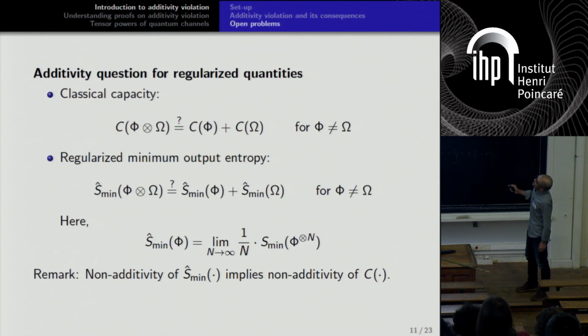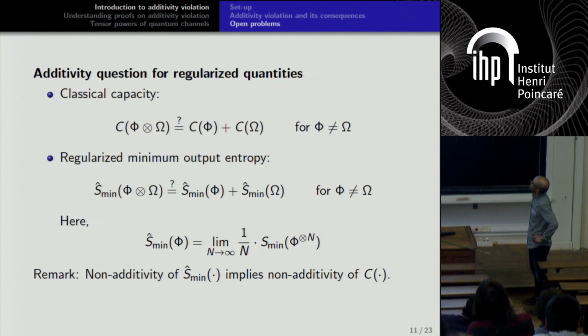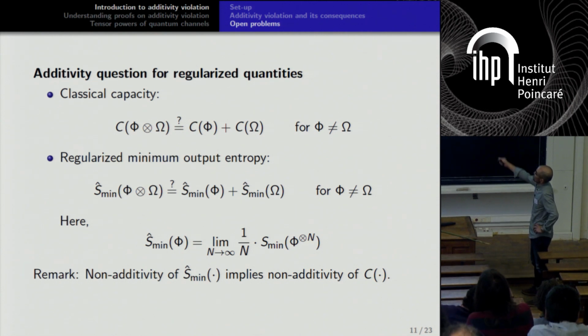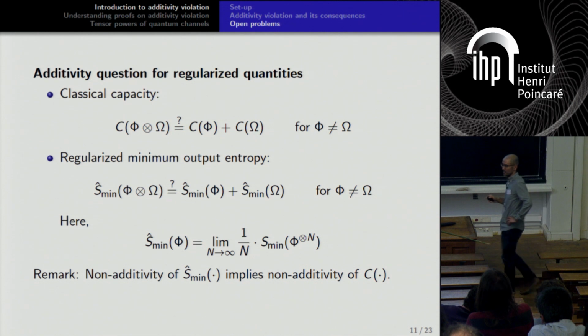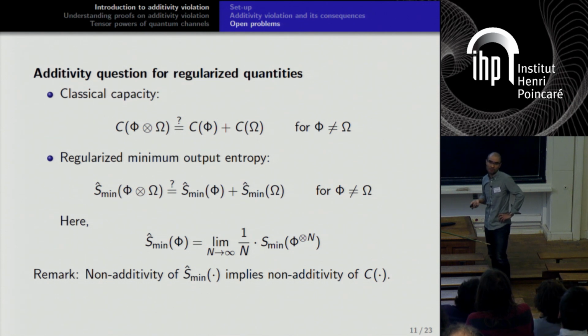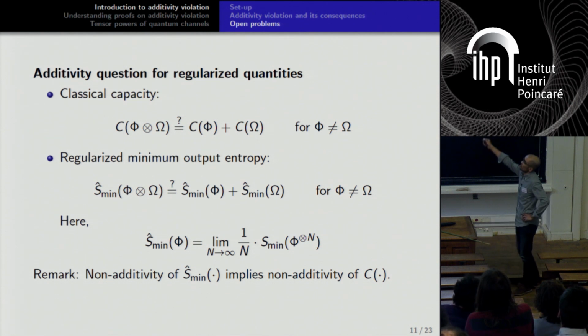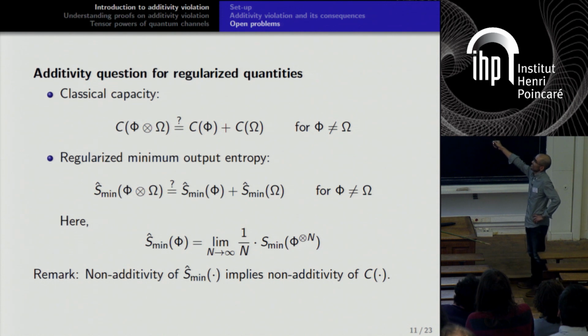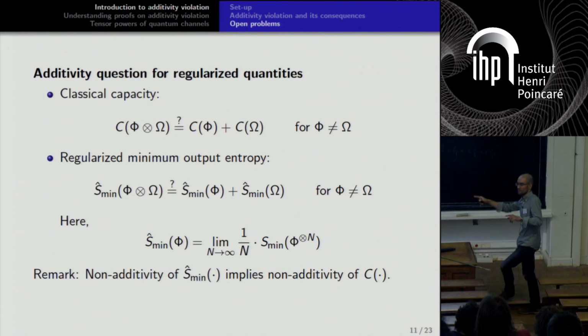Anyway, let me show some example open problems first. First, we don't know about the additivity of classical capacity. Of course, we have additivity violation of the Holevo capacity, but to get this value we have to regularize it, and we don't know what happens there. So we don't know. This is just like this. So we have two different quantum channels.